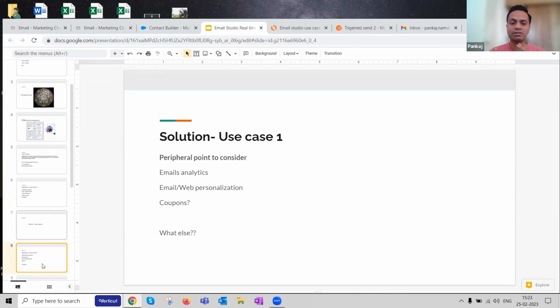What happens about the personalization angle? Why are we collecting that analytics data? At the end of the day, the whole crux of the matter is organizations want to sell more. In our case, this apparel company wants to sell more apparel, right? So how do I make sure the customer purchases more as a part of this use case? Basically some recommendations. These are transactional emails, but still from an email perspective, you need to think how to use them to send more personalization on web, email, and other channels, so that it drives them to purchase more.